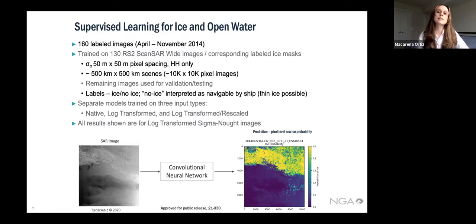There were some processing steps I'm not showing here for the sake of time, but in essence, because UNet works by feeding chips of images to the classifier, the ice probabilities came out rather blocky in appearance. So we had to average several offset outputs of ice probabilities together to get a smoother probability prediction.